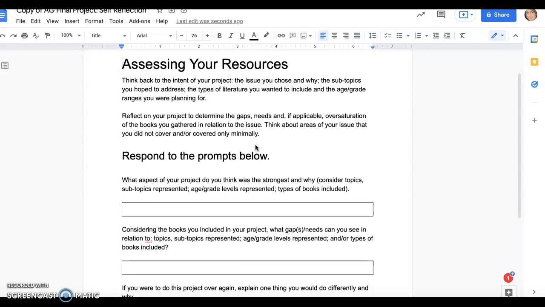Did you get to do exactly what you had hoped? Did you find the right resources? Were you able to find books that would be appropriate for the grade or age level that you chose? Were the subtopics that you chose on this topic something that does have literature related to it? So this is the time that if you didn't find the right things or it didn't go to plan, you can also talk about the gaps that came up in